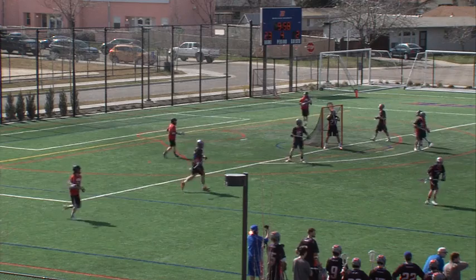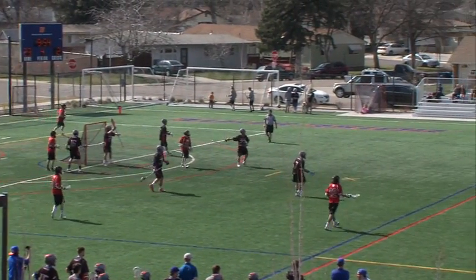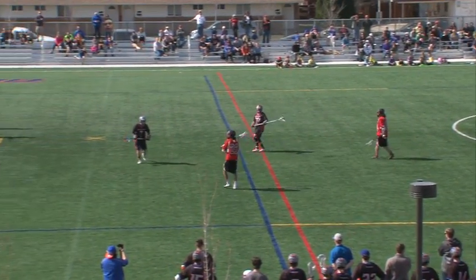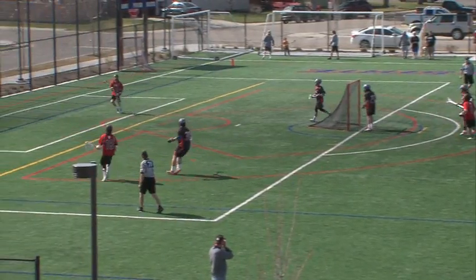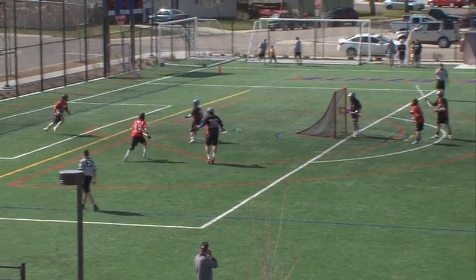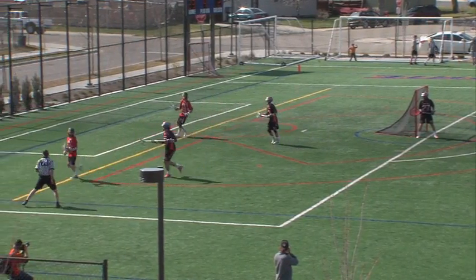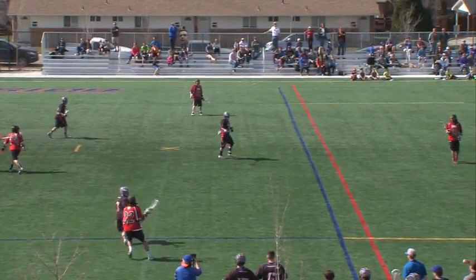Passing it around, counterclockwise, back towards the middle of the field. Holding. Can't quite find a man, so he's going to move it back towards the near side. Looking. We're going back towards a clockwise motion here, so that'll be Utah trying to find a man, and he's just going to back himself into a corner, pass it off, near side, back towards the middle of the field,